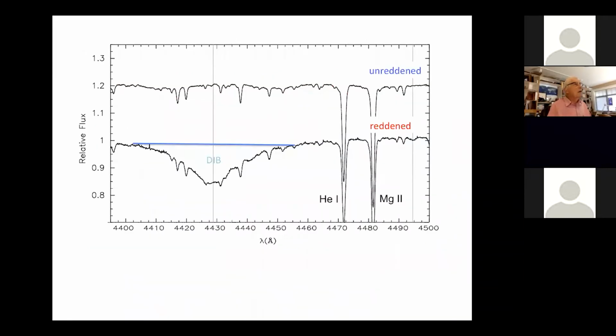There we go. So here's an example of a very broad diffuse interstellar band. It used to be called 4430. It's now 4428. I did my doctoral thesis on that way back in '62. And this shows a reddened and an unreddened star by interstellar material. It shows a couple of stellar lines, and this very broad, powerful absorption, which nobody's been able to identify, but that's true for so many of them.